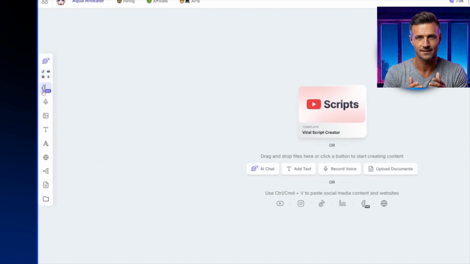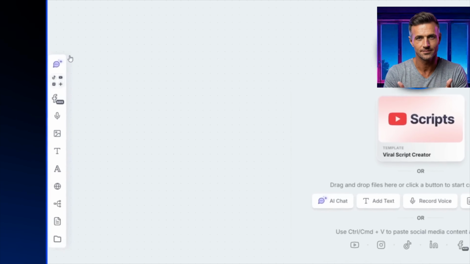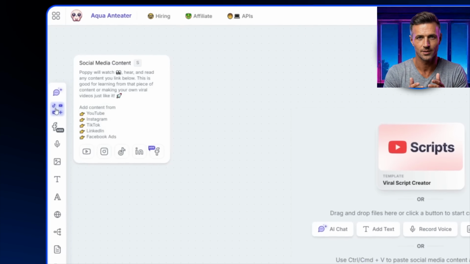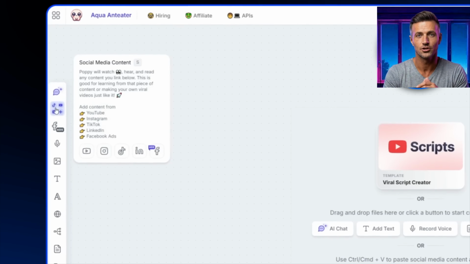When you first log in, you'll see a button that says New Board. Once you click it, you'll land on this clean workflow screen. Think of it like your own whiteboard. On the left are all the features you can use, and at the top is the AI chat, which works